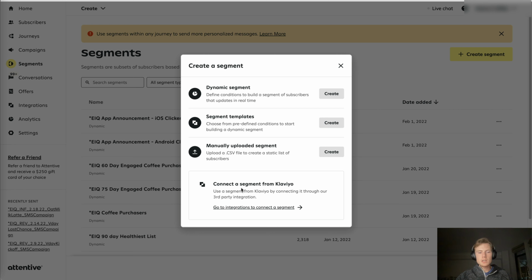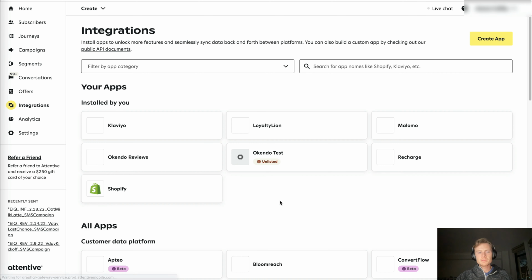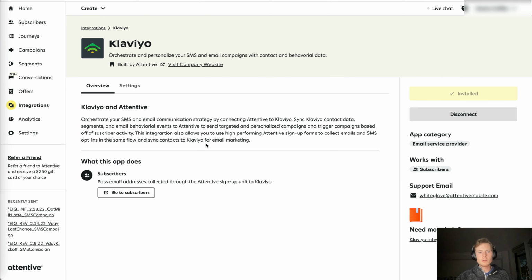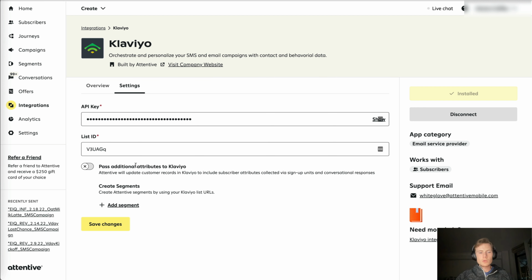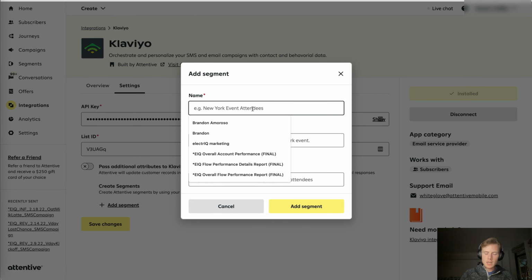And then the only other thing is you can connect a segment from Klaviyo. So let's go ahead and jump into integrations just to show you this setup process. So within Klaviyo, we can go ahead and go into settings, and we can say create Attentive segments by using your Klaviyo list URLs. So I can go ahead and add a segment here,